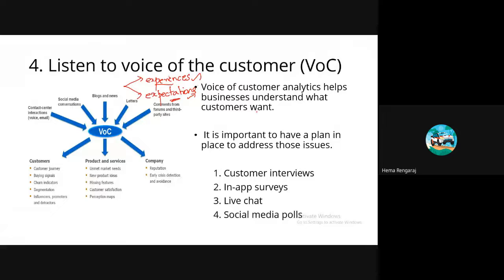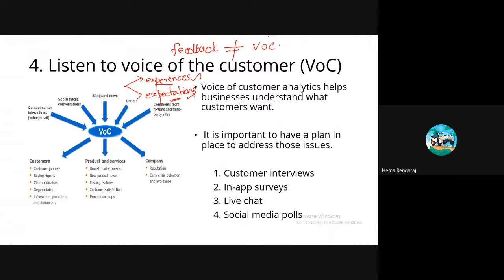Here there is one question: whether the customer feedback and the voice of the customer are the same. No, because the customer feedback and the voice of the customer are not the same. The feedback is not equal to the voice of the customer. Why?